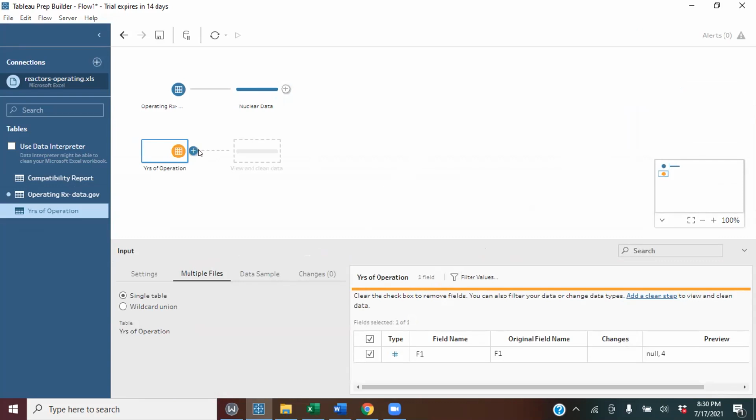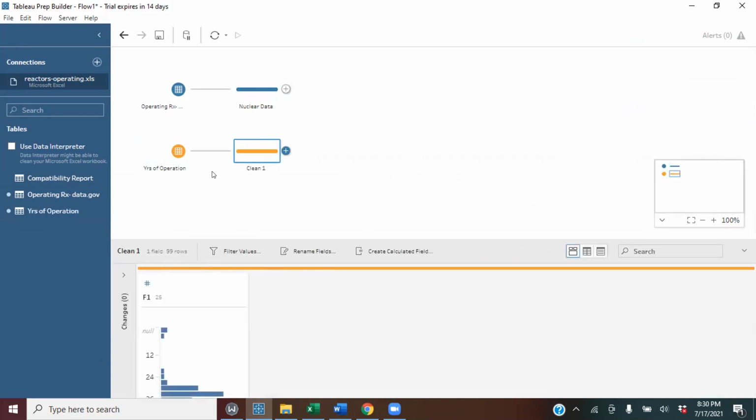Did you clean this data? Yesterday we cleaned this data. No. So you have to first of all clean it. Add a step, for example, so you can see what I'm saying. You see, you're just getting a whole lot of useless data, because I told you guys, if you don't label your data, give it a title, Tableau Prep does not know anything about that.